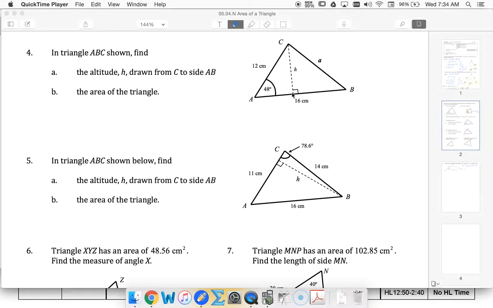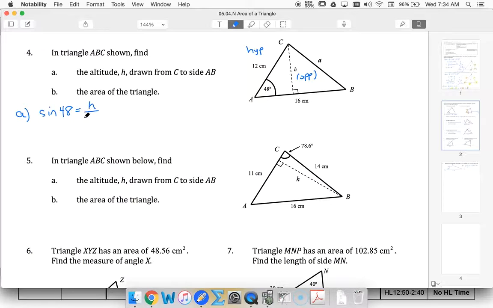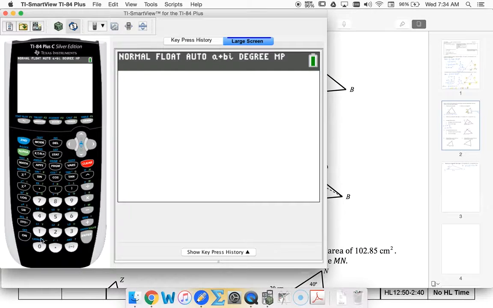This side, this leg, is opposite my 48. So that's my opposite. My 12 is my hypotenuse. So again, h is the height of the triangle. It's the first thing that I want to find. So I can see that sine of 48 is equal to that side h over the hypotenuse, which is 12. Multiply by 12. That tells me that the height is 12 sine 48, which is approximately